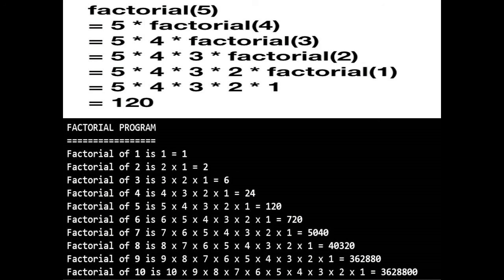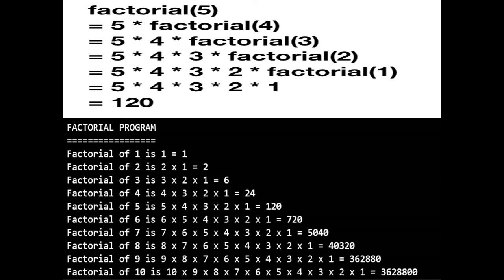And finally when it reaches 1, it will multiply it and after that it will terminate, because it will reach the condition of the if and the value is 1, that means it will go to the terminating part and the program will terminate. So finally we will get the value 120. See this table. In this table it is shown that if we have to find the factorial of 1, then the output will be 1. If it is 2, then 2 into 2 minus 1, okay, it will be 2.